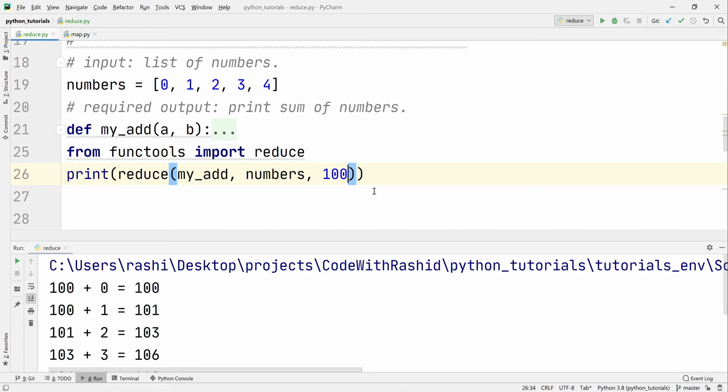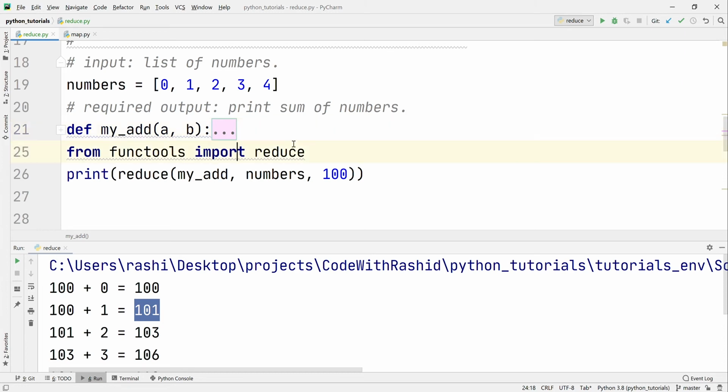So how does it work now? Basically, when we pass the initial value, we are telling the reduce function to start from this value. So in this case, reduce function will first take the value of 100 and then pick the first value of the array, then perform the sum operation here. So 100 plus 0 is equal to 100. Then similarly it will take the output and pick the next element of the array, that is 1, and perform the same add operation and then the output will be 101. The remaining workflow is the same as the previous one.